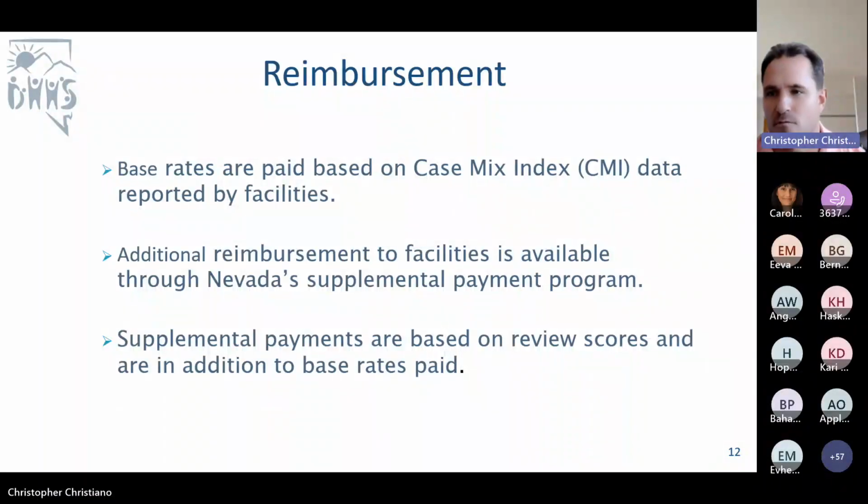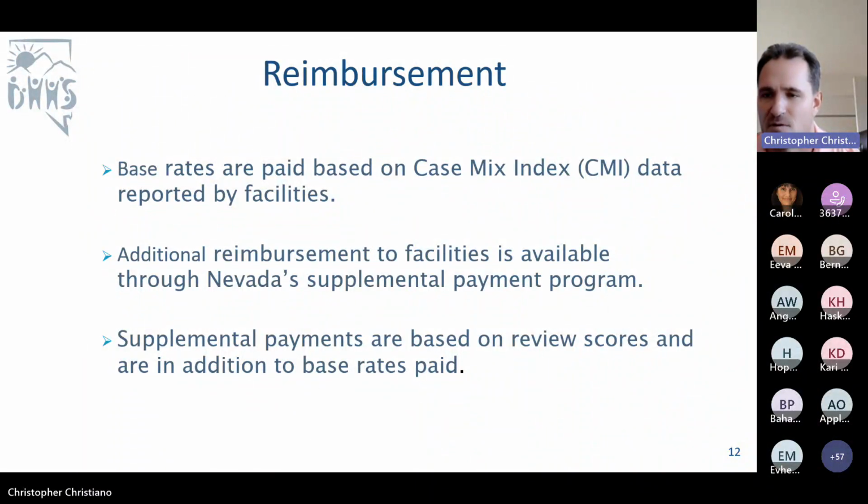Okay, so we're going over reimbursement right now, and everybody can hear me, correct? I can hear you. Great. Okay, so I'm just going to read you a little excerpt from our policy here, and this is about the supplemental payments. So freestanding nursing facilities supplemental payment effective October 1st, 2011. Freestanding nursing facilities will receive a supplemental Medicaid payment in addition to its standard or special fee-for-service per diem payment. Supplemental payments are not available for nursing facilities owned by the state of Nevada or any of its political subdivisions. Bed days are for all payers and are used in calculating the supplemental payment.